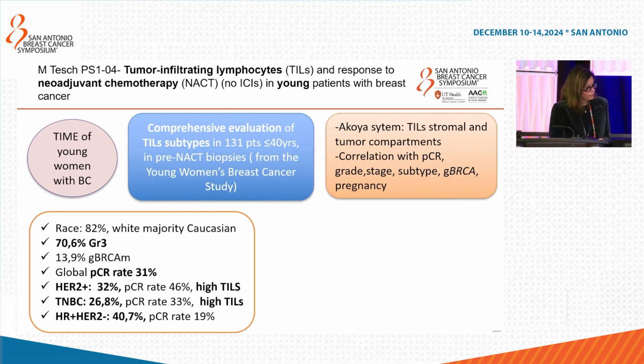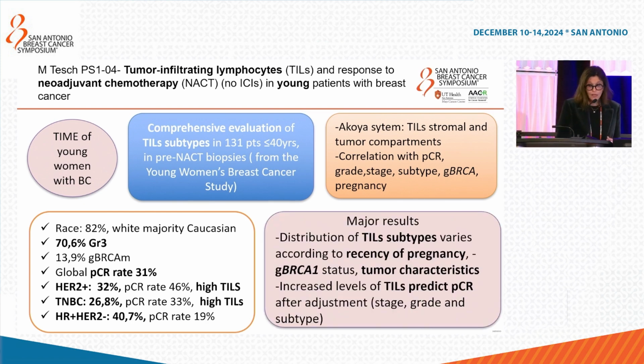13.9% of germline BRCA mutation. The HER2 positive and triple negative had high TILs, with 32% PCR in the HER2 positive patients and 26.8% in the triple negative. The major results are that distribution of TIL subtypes varies according to recency of pregnancy, germline BRCA1 status very different from germline BRCA2, and tumor characteristics. The increased level of TILs, once again, predicts PCR after adjustment for stage, grade,